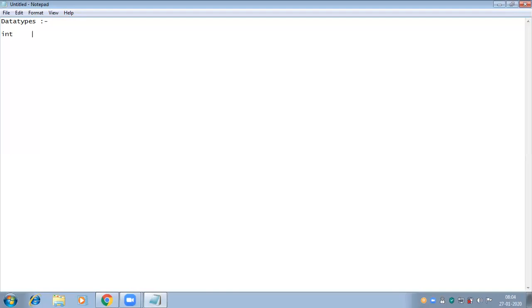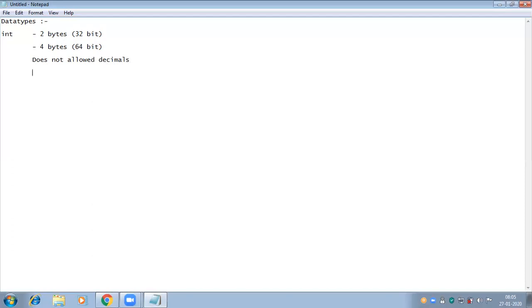It does not allow any decimals. The size of the int data type is 2 bytes for a 32-bit system, and it occupies 4 bytes for a 64-bit system. It does not allow decimals like 1.2, 1.3.